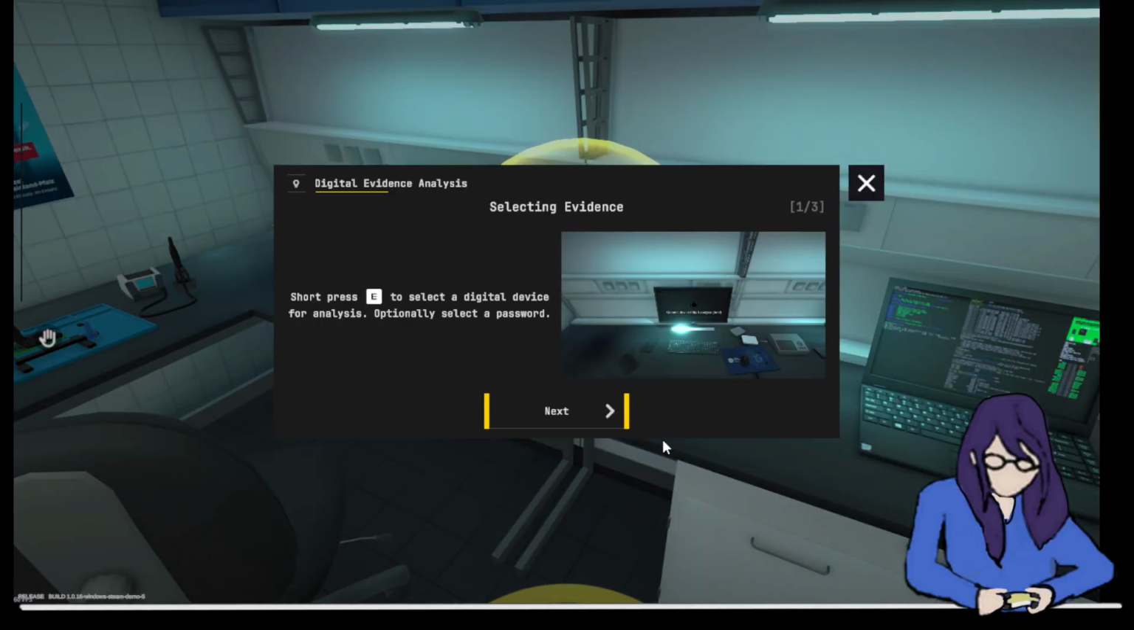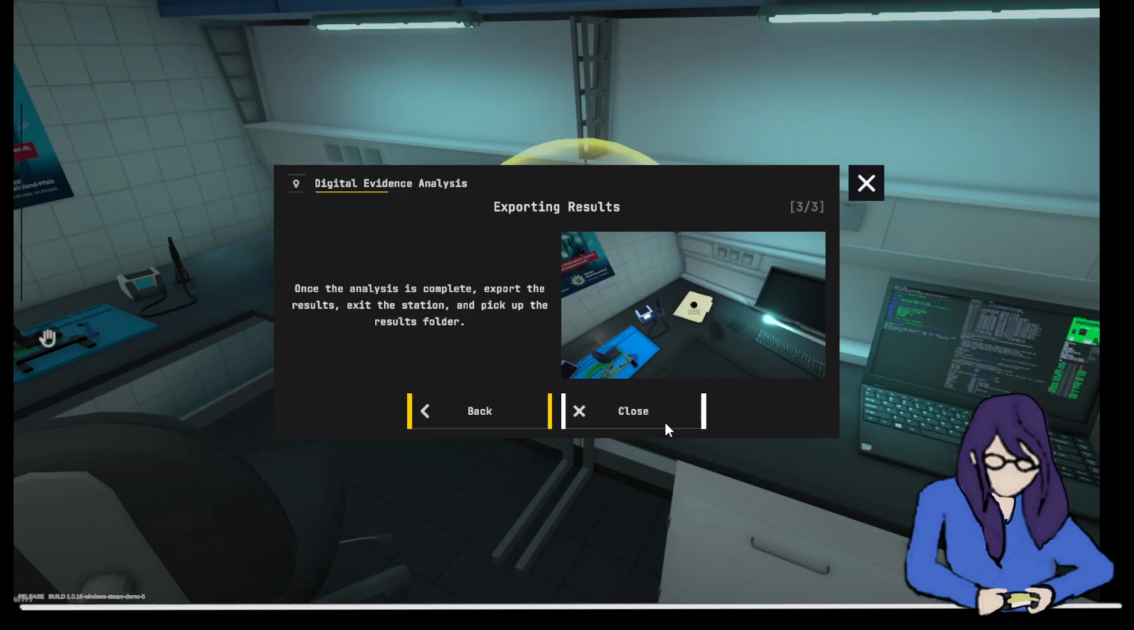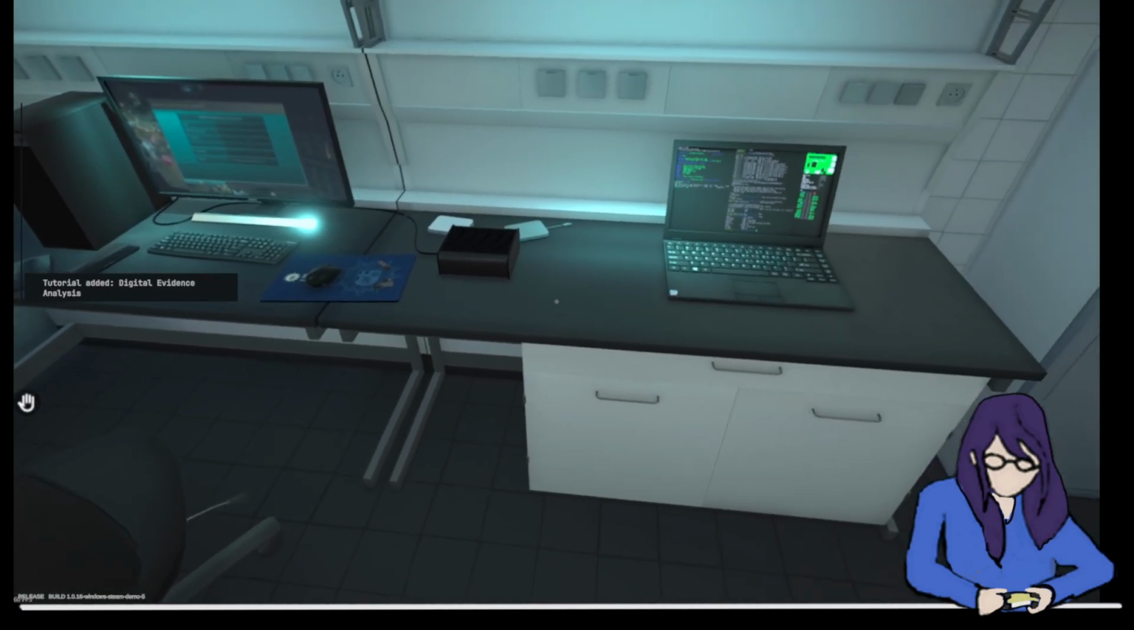Digital evidence. Okay. Short press E. Oh god, there's a short press and a long press. To select a digital device for analysis, optionally select a password. After selecting what you want to select, press long E to enter the analysis interface. Once the analysis is complete, export the results, exit the station, and pick up the results folder. So,